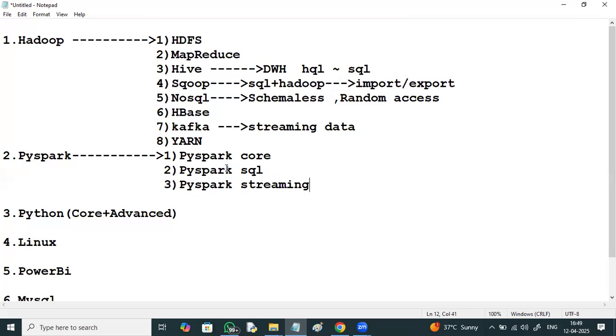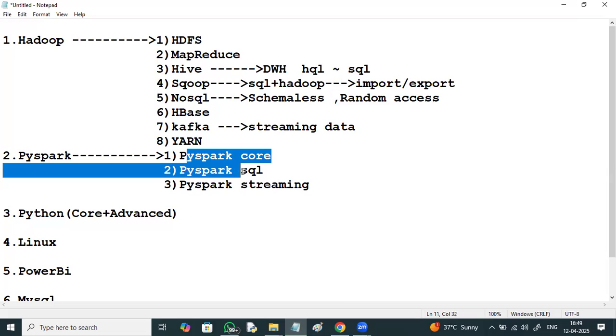You'll be dealing with data frames. Mainly we'll be using data frames, where we make the data structured. Data frames are structured in the form of rows and columns, and many data frame functions are there. We don't need to write huge code. By using the data frame functions, we can perform all types of operations. It provides many built-in functions. So in the course content, I'll be discussing PySpark in depth.